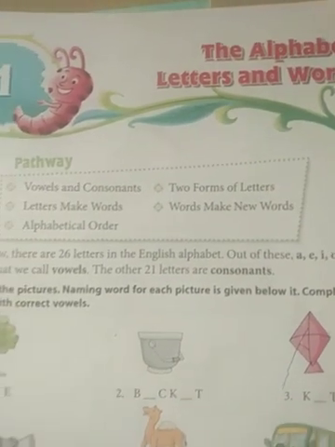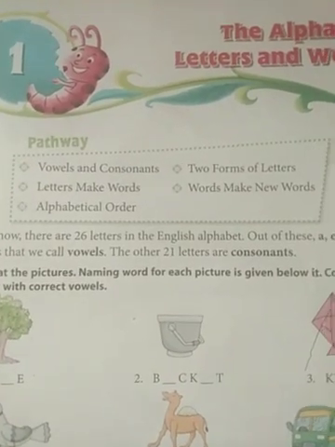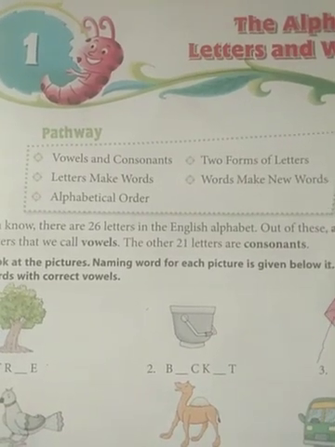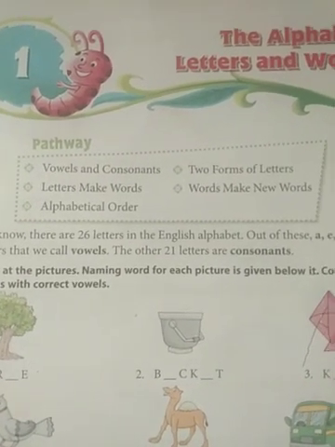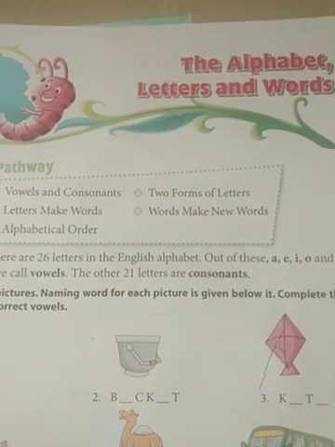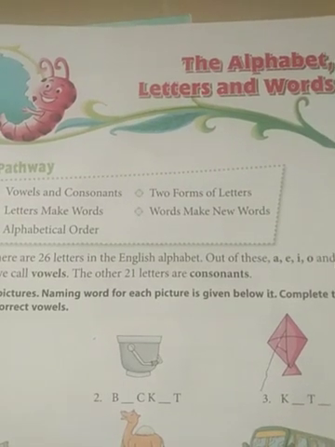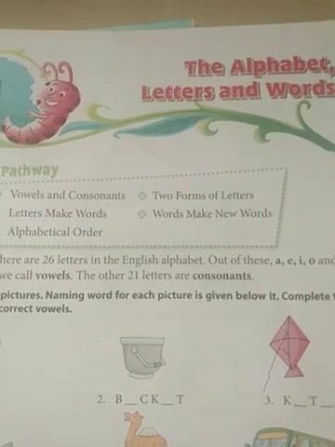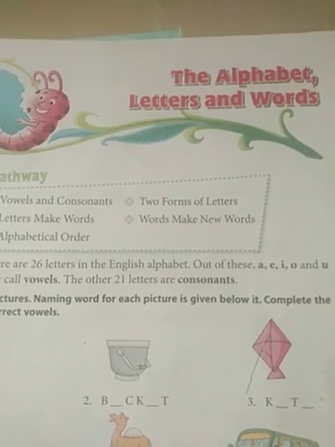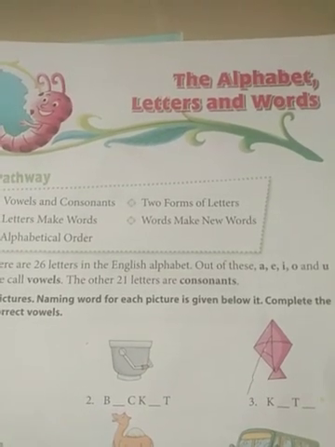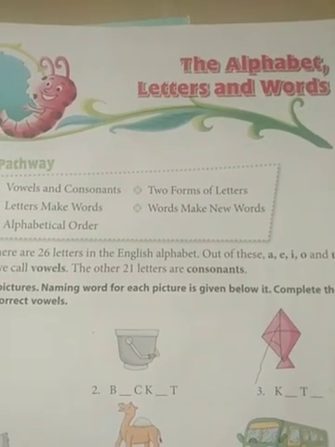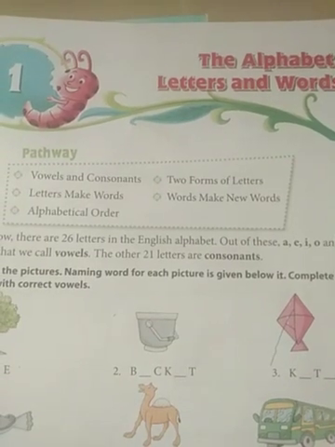Most of the time, when somebody asks you the question, how many letters are there in English, you will very quickly say there are 26 letters. Yes, of course, that is true. But when someone asks you how many alphabets are there in English, then also you will say there are 26 alphabets, which is wrong. Actually, there is only one alphabet in English, because an alphabet is a set of letters, a group of letters in which there will be 26 letters.